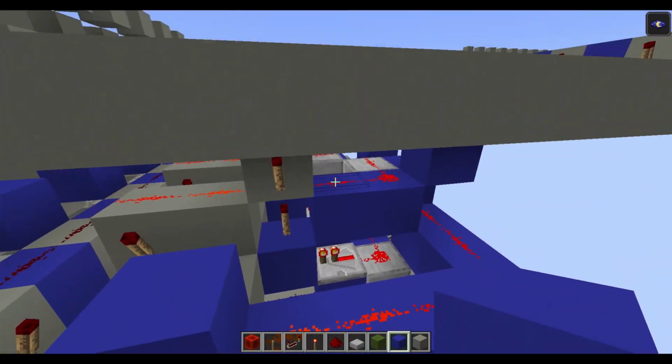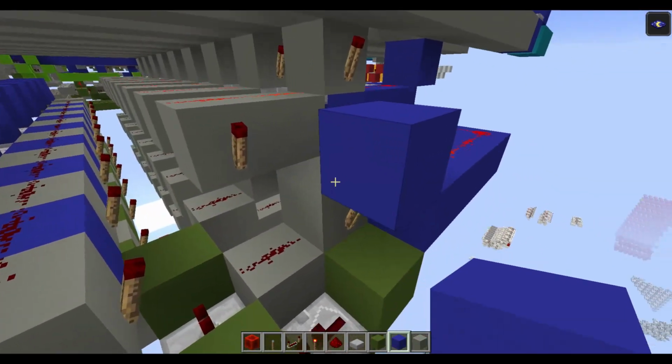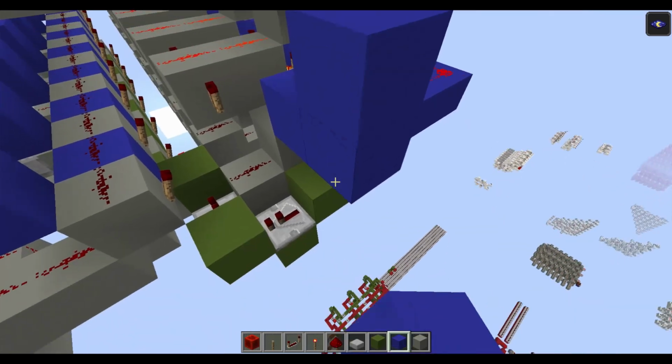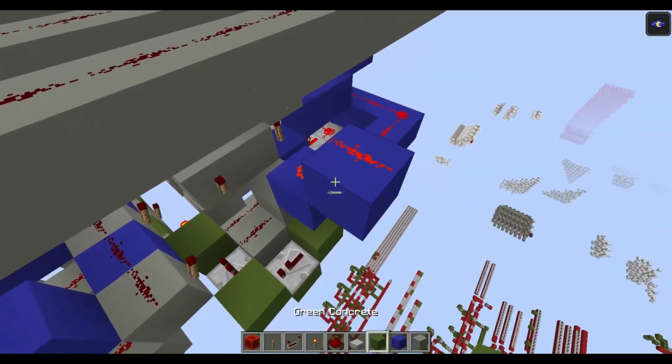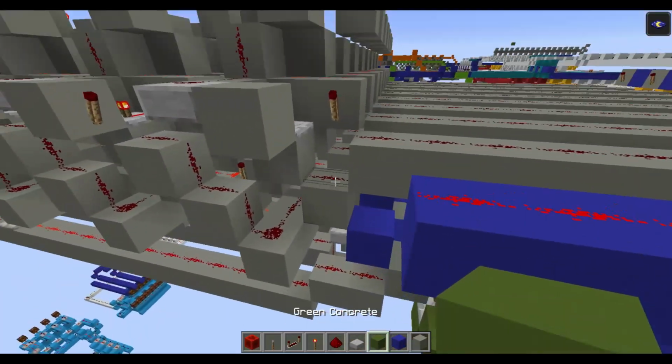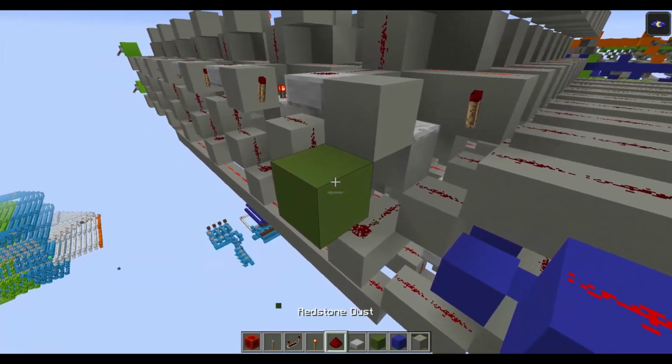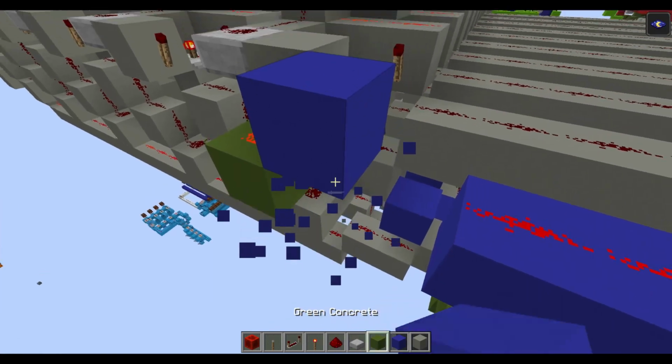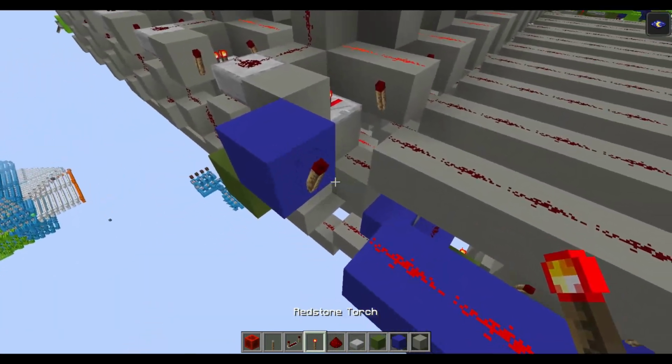write on the bus only if you have a value here, and go up 3 more blocks. After we will have a block here, so let's do this, and a torch here.